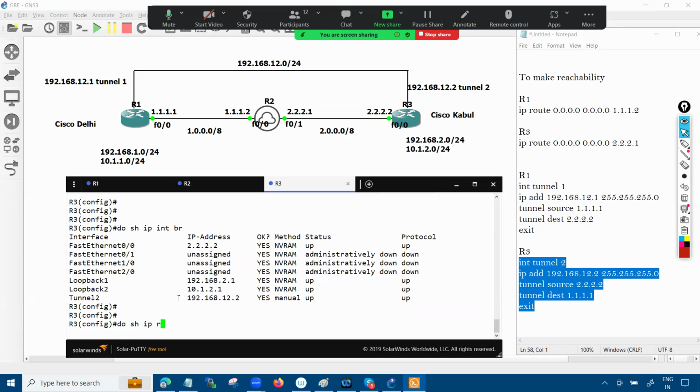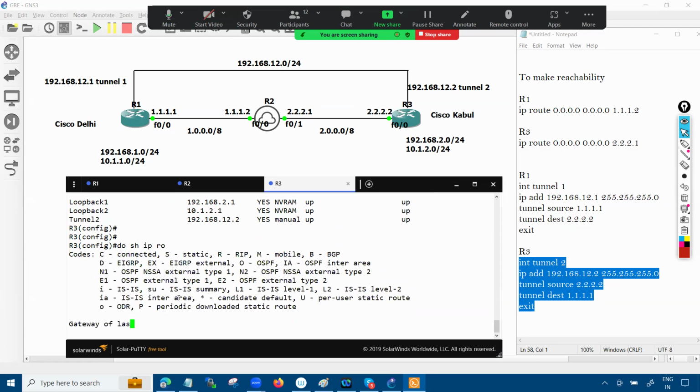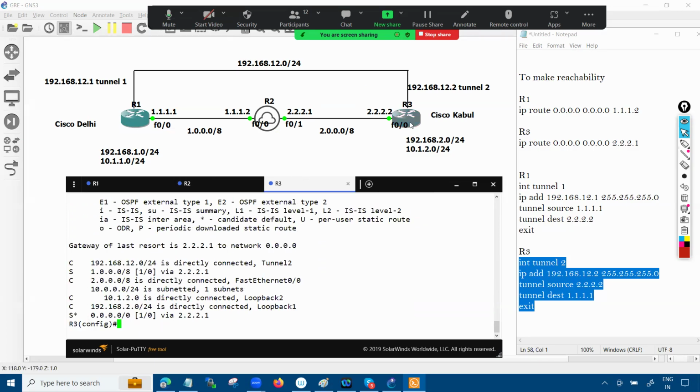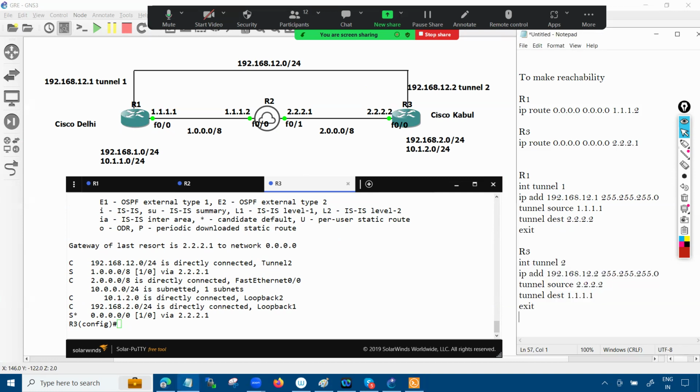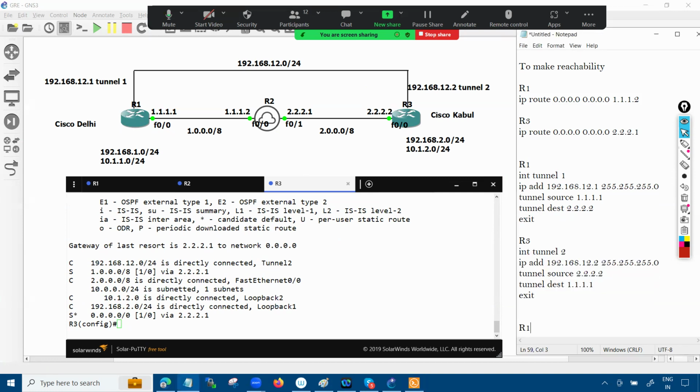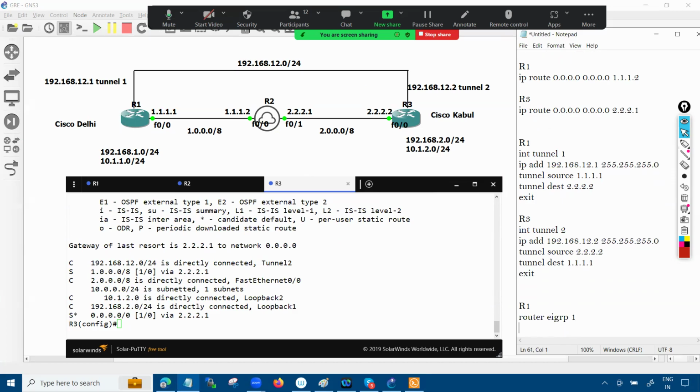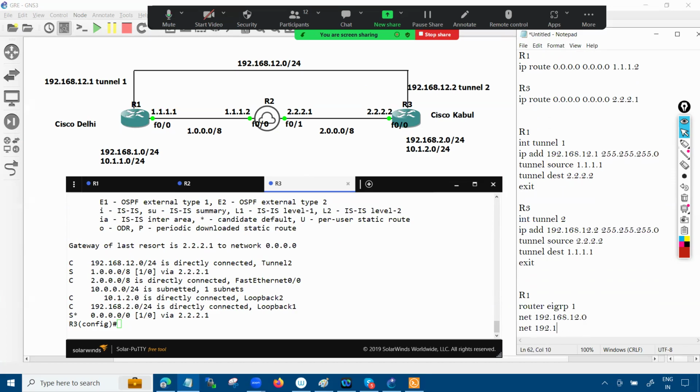And still, if you see the R3 routing table, I don't have the 10.1.0 network. So Kabul does not know about Delhi. So on this particular tunnel interface, I'm going to run the EIGRP protocol. From router 1, I enter router EIGRP. I'm going to advertise my tunnel network and my LAN network,